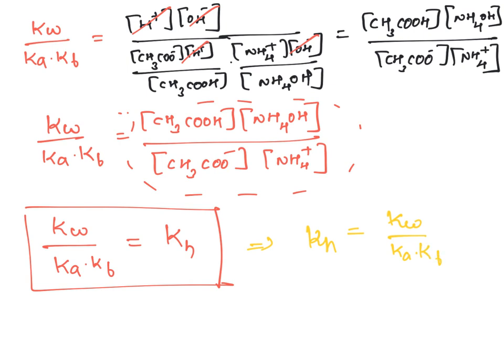So the hydrolysis constant of a salt of weak acid and weak base is inversely proportional to the acid dissociation constant and base dissociation constant. If both are weak, then the hydrolysis constant value will be high. If these are strong, then the hydrolysis constant value will be low, which means it will not be involved in the hydrolysis process. So this is about the relationship between Kh and Ka, Kb, Kw. Let's move on to the relation between hydrolysis constant and degree of dissociation.